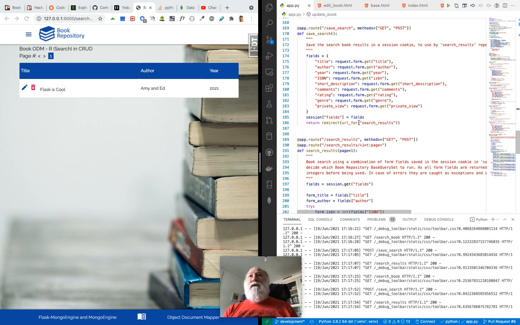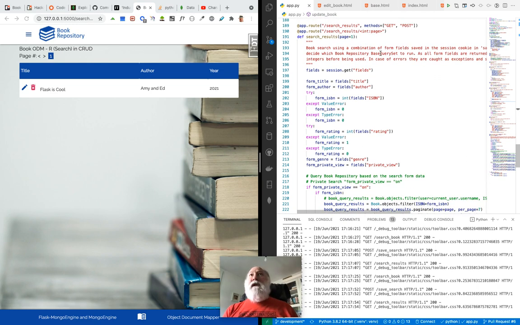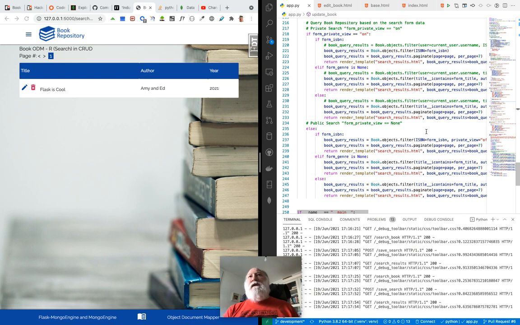And then we do URL for search results, which is good. Let's look at the next bit here. So search results gets the fields: get the session cookie, place it in fields, we do a bit of validation, and then we execute the search. Now the search